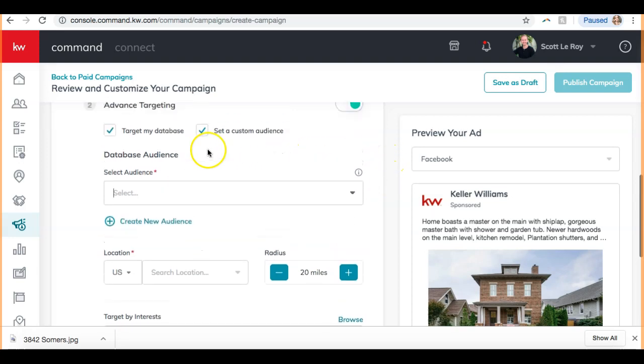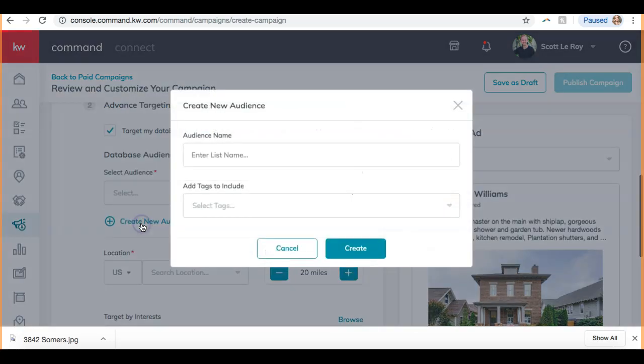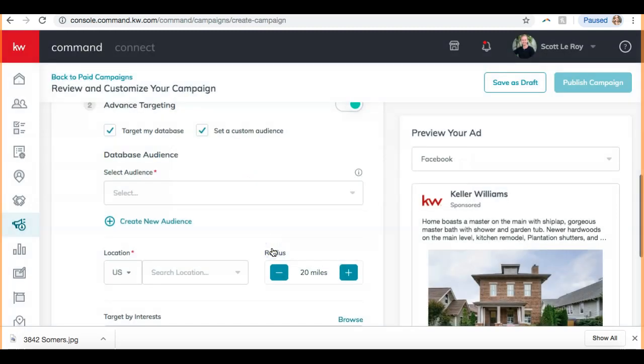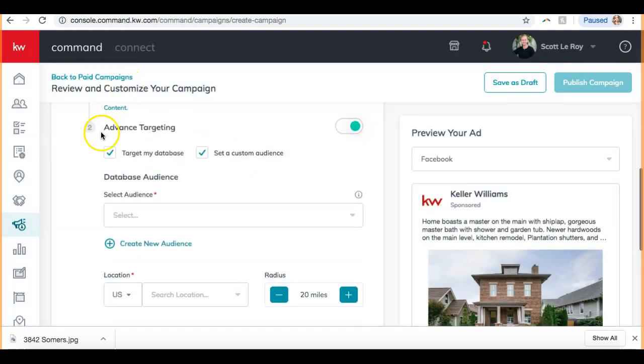Okay, so when I selected target my audience, it says database audience. I actually have not done this before. Select audience. Let's look at this. Okay, let's see. Okay, so I guess I have to be honest with you, I don't understand how this would be linked because